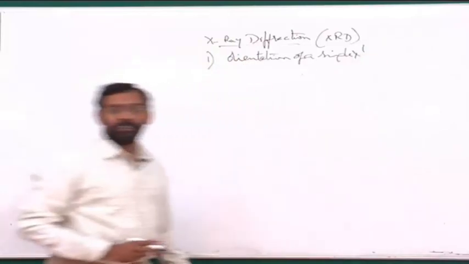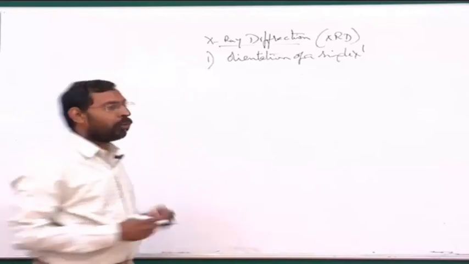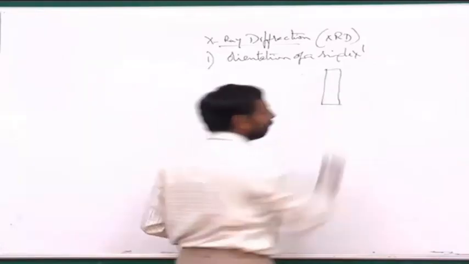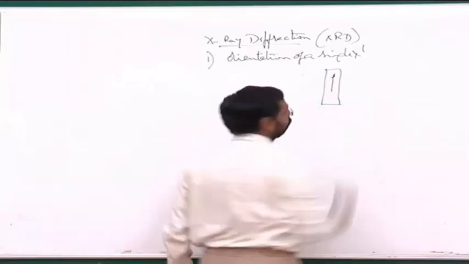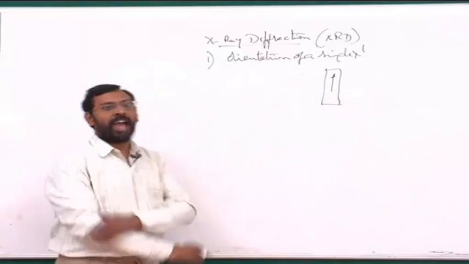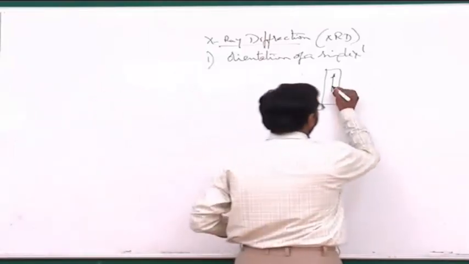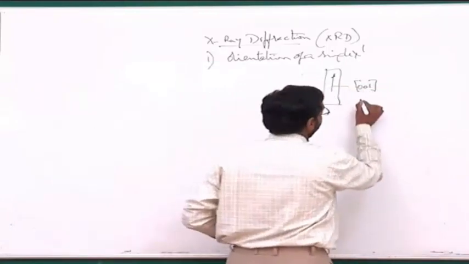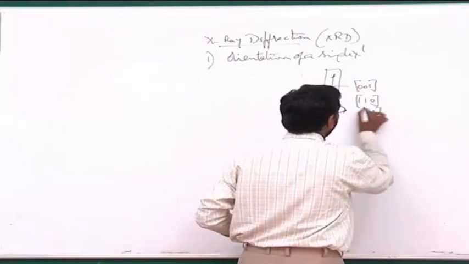For many applications, you need single crystals. And so you need to also know what is the orientation of the single crystal. For example, if there is a cylinder of a single crystal, I would like to know what is this particular direction, the direction which is the axis of this cylinder. So what is the HKL? For example, is it in a 001 direction, or let's say 110 direction, or 111 direction? I would like to know this.